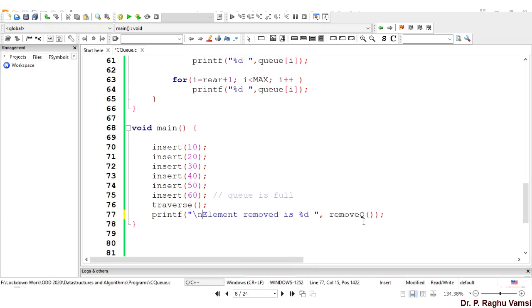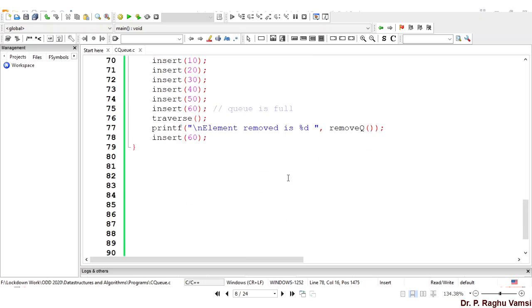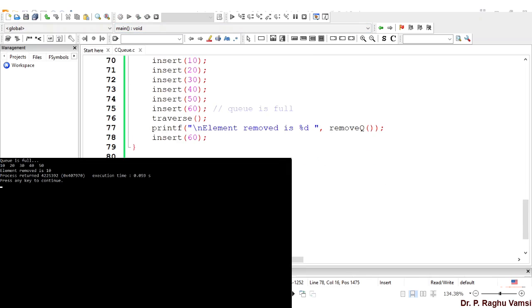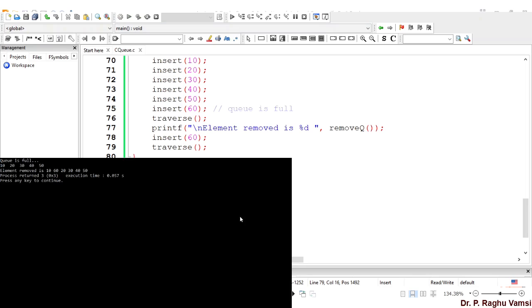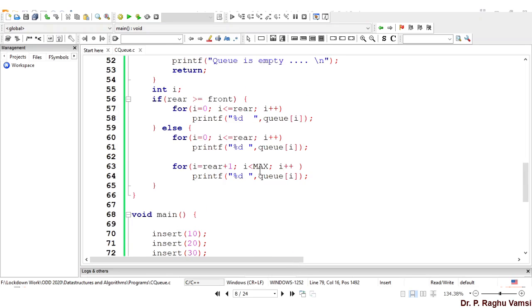Now since one element is removed, obviously there is a chance we can insert an element, insert 60. Now we'll try to insert the element 60. It won't give you anything because we have not given the traverse.